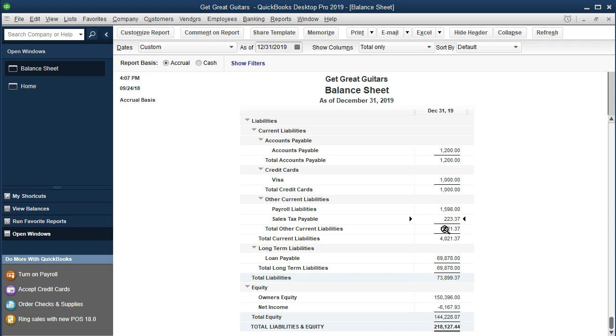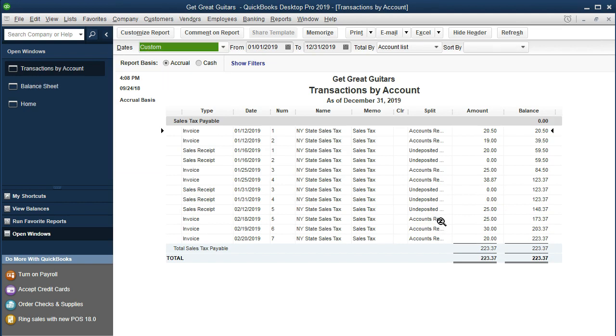look at that. If we double click on this item, we'll see that it's made up of invoices and sales receipts. So these are all invoices and sales receipts, and we can see the amounts are similar to the invoice and sales receipts that we looked at. Now, when we go through these, there's going to be different types of options on when we have to pay the sales tax. So clearly we have to collect the sales tax and then pay it at some point in time. And so, for example, we may have until the end of the following month in order to pay the